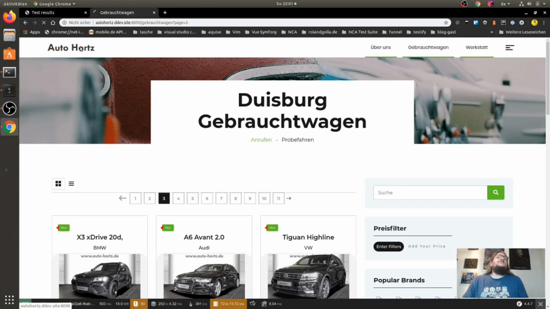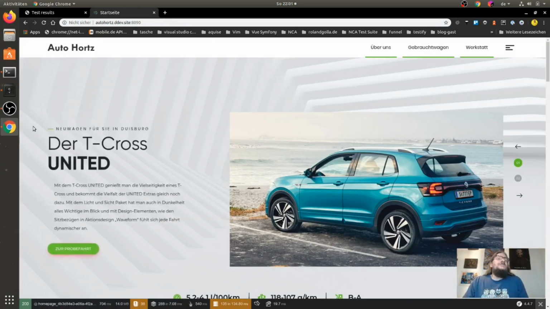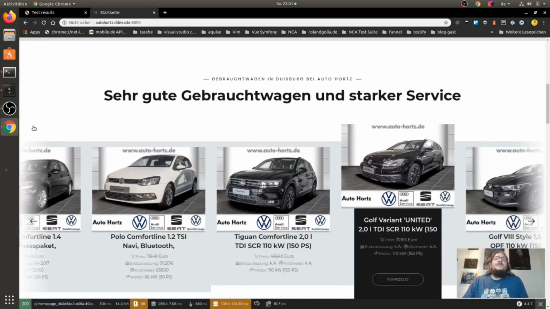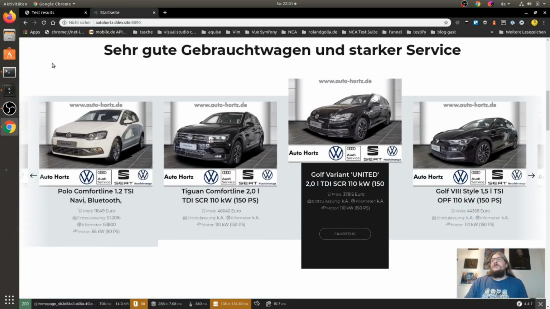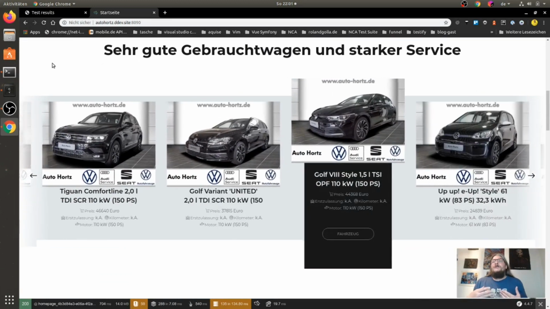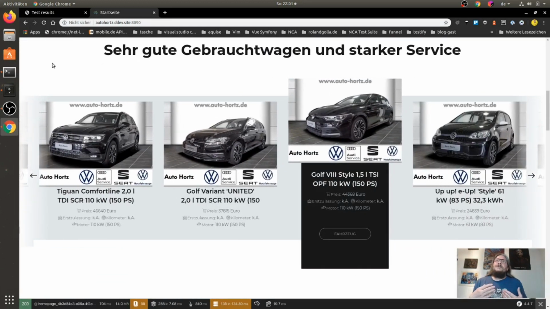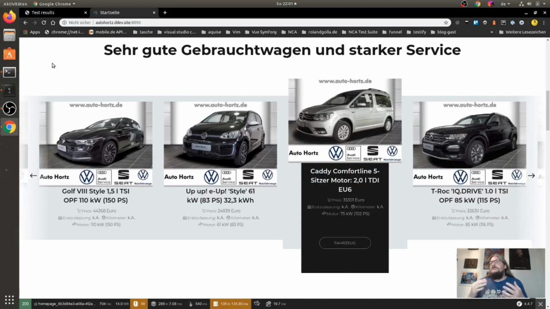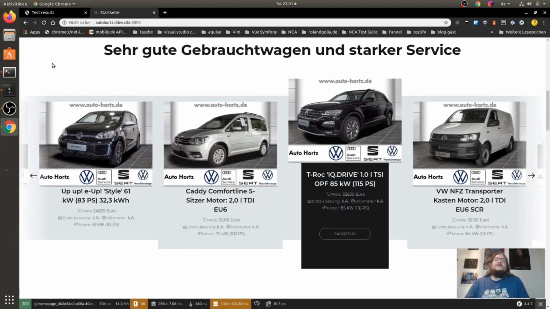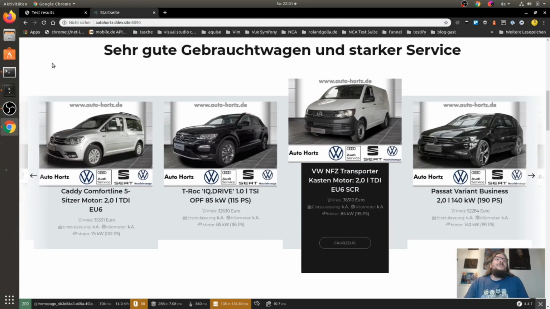So back on the start page, we will check our slider. What is with the slider? The first thing is that the slider has items. I think this is a really simple test, and it will show that there are items here which are imported and which are displayed to my front end.